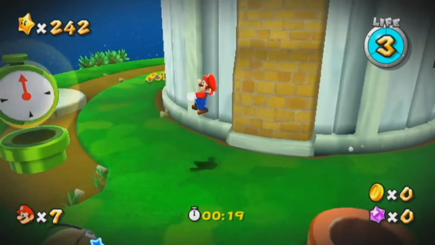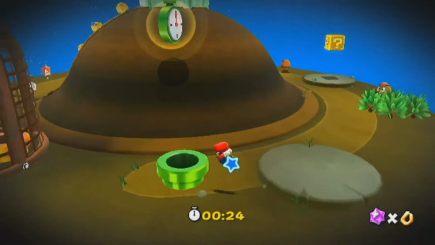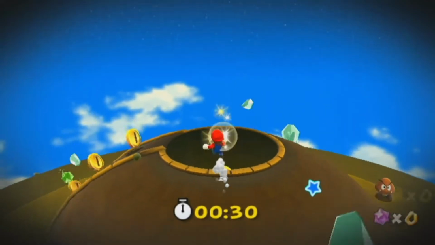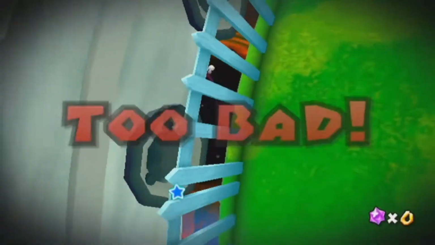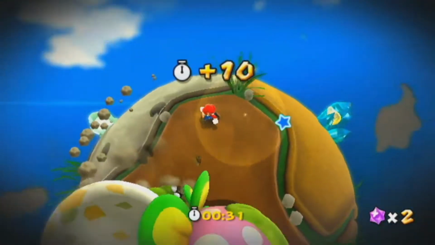Number 3. Listen, you are probably confused about why this star in Sky Station Galaxy is so high, and the reason is that you aren't given enough time, and the extra clocks are basically required to be collected, since if you miss one, you start all over from the beginning, and the timer makes Pee-wee Piranha pretty hard to defeat too,